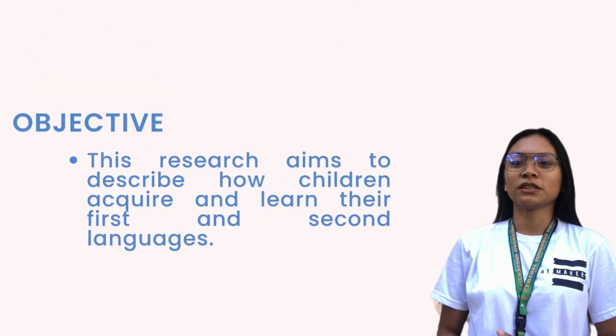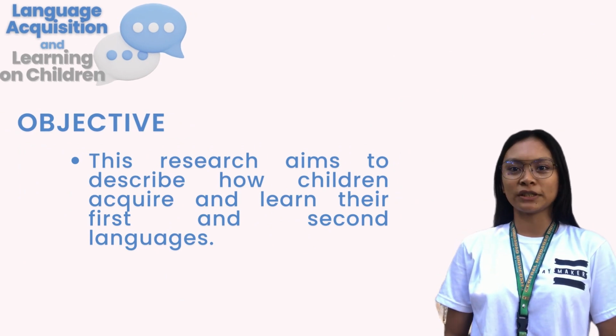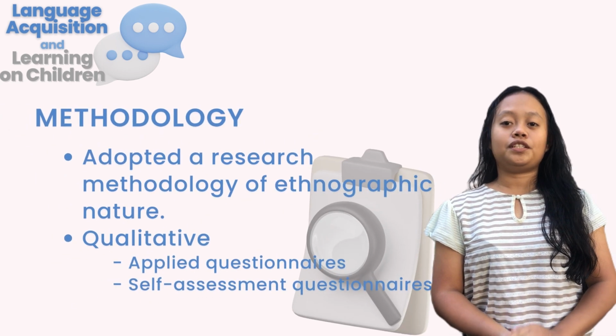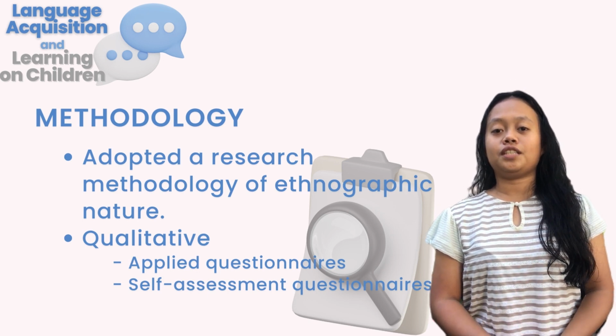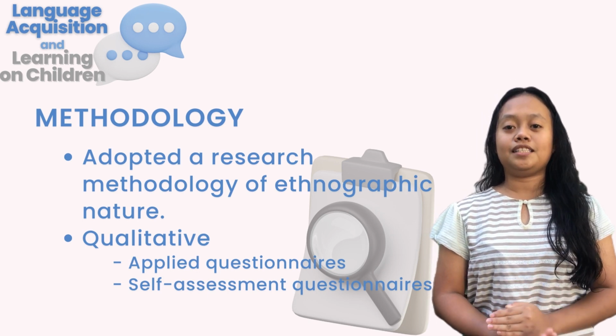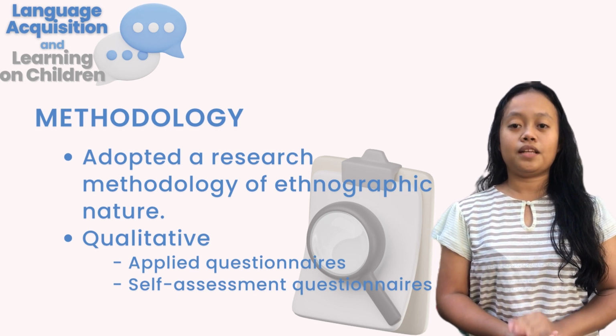The objective of this research aims to describe how children and adults acquire and learn their first and second language. This research applied longitudinal research, in which data is gathered over a period of time on the same subjects repeatedly. The important thing in longitudinal research is the observational activities that contain deep analysis of the data gained and in repetition. So the researcher used a purposive sampling technique, taking the participants considering something.